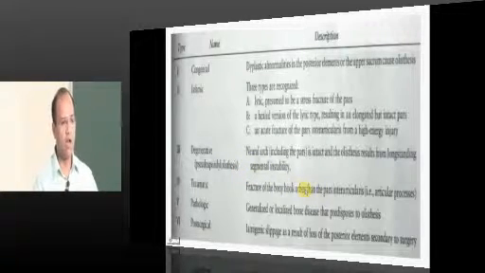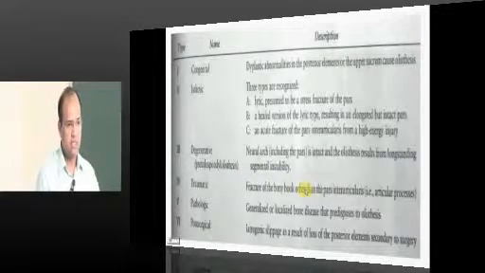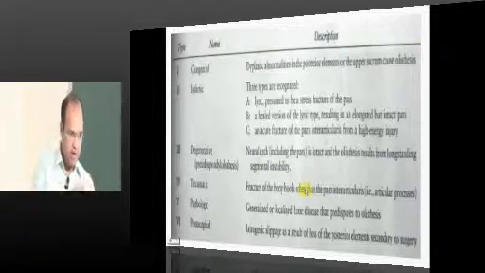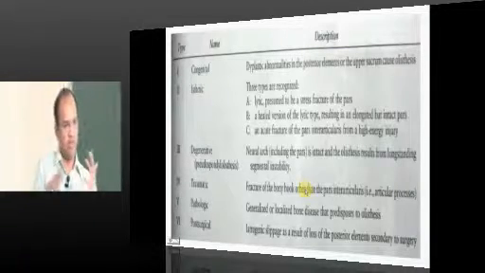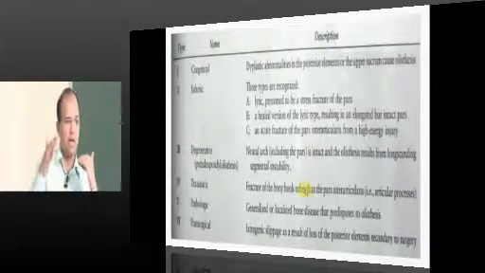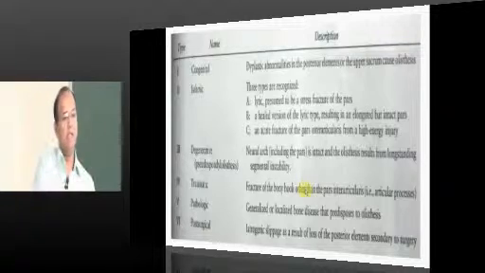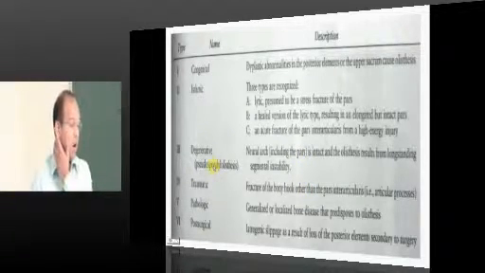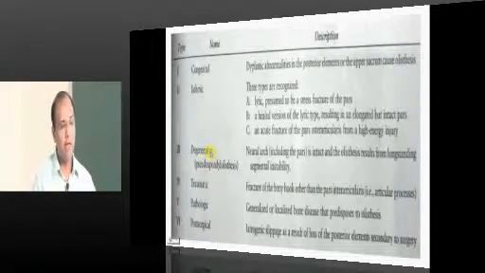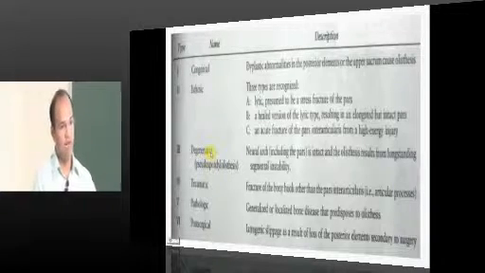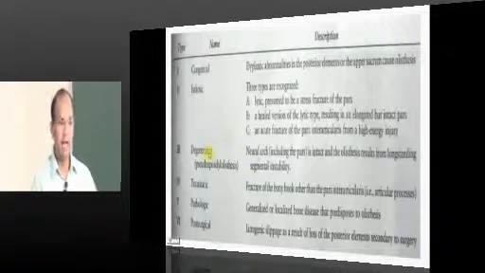Degenerative: because of all the degenerative processes starting with the disc, then instability, then the facet joints going down this way. If the instability is too much, the vertebra can slip onto the other vertebra, and hence it can end up in degenerative spondylolisthesis. This is more common at the L4, L5 level and in the elderly population.